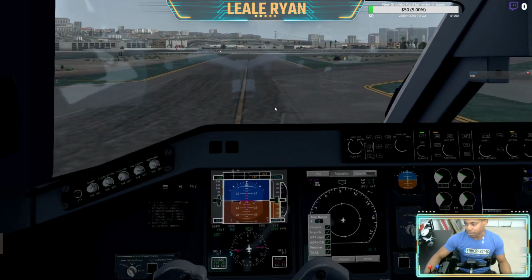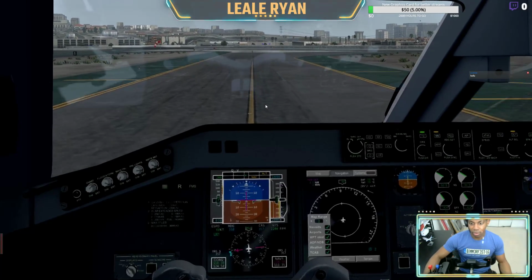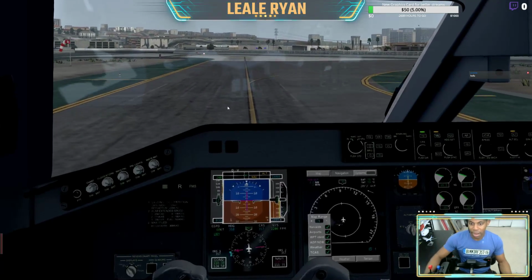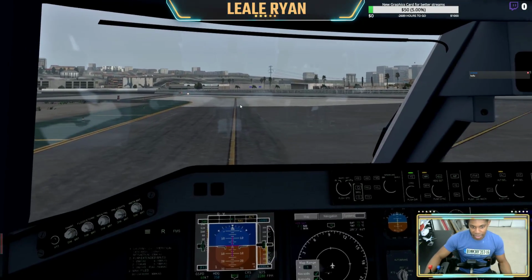These things are well simulated and they're very realistic. So if you don't know how to fly these things, it's near impossible to get them to move and even turn on. It's not a X button